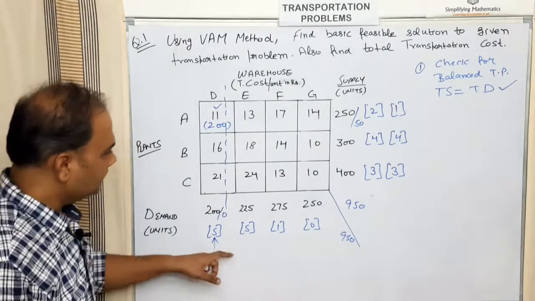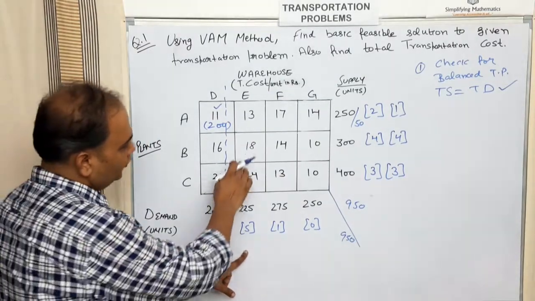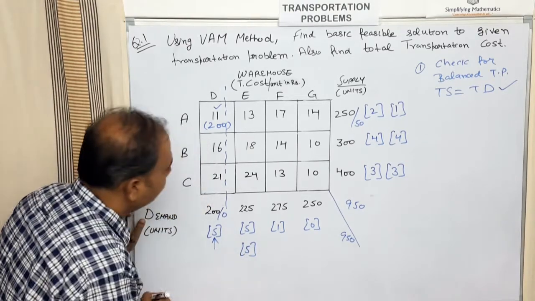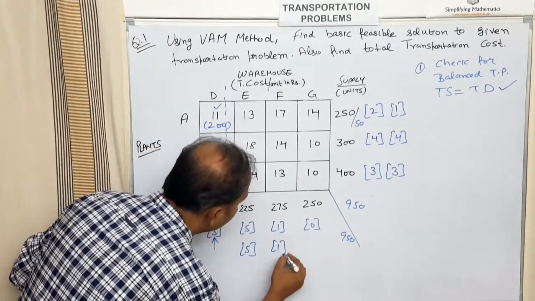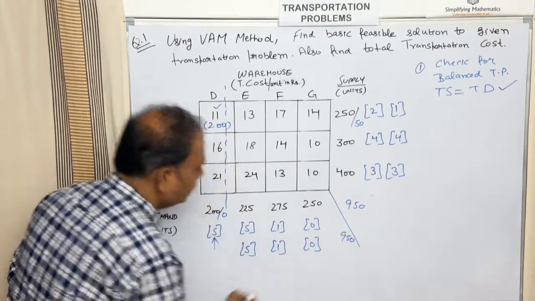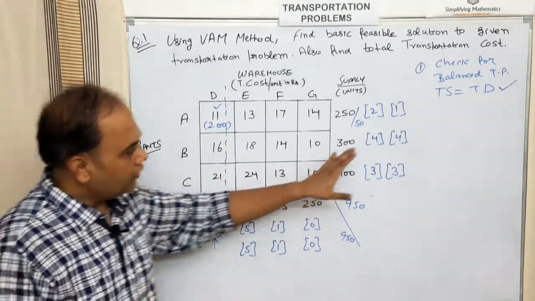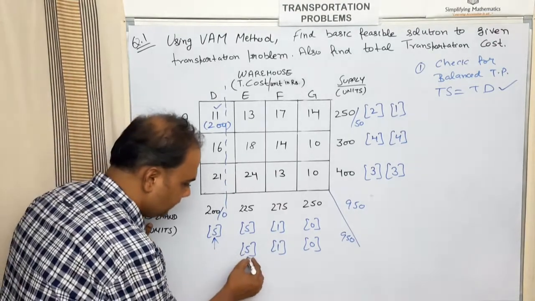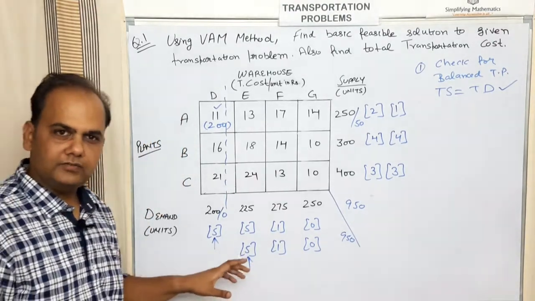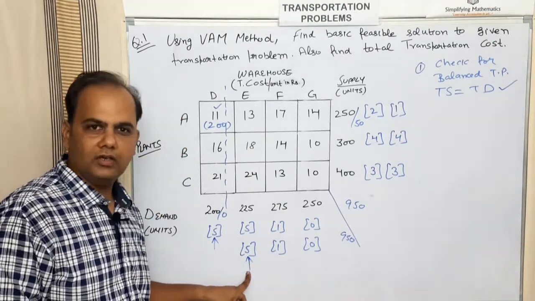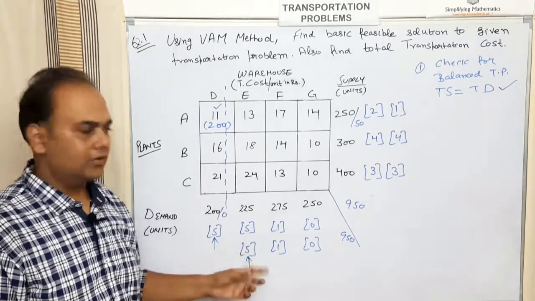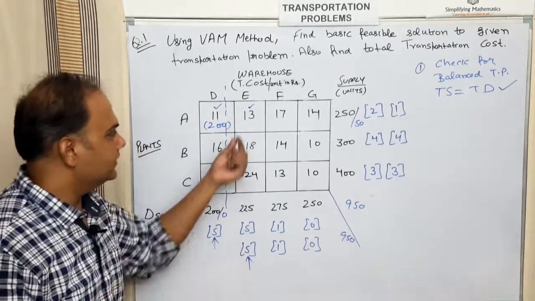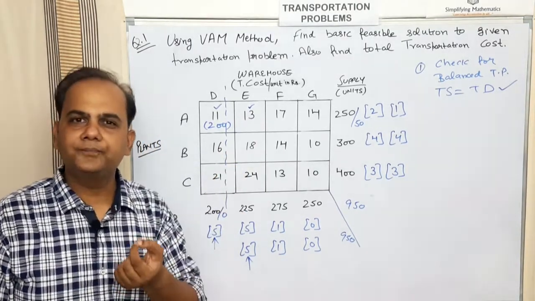Now similarly in the columns, the two minimum values are what? 5, then 1, and then 0. Now out of these values, which is maximum? The maximum is 5. Now it means that corresponding to this column, you look for the minimum cost, and that minimum cost is 13. It means this is the cell where units are to be allocated.